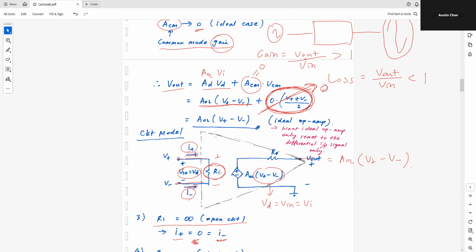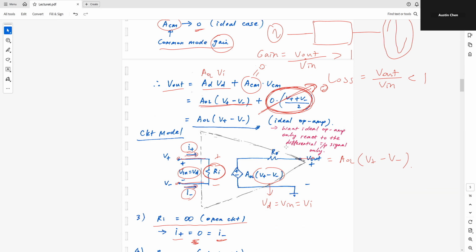Then the difference between V plus and V minus will show up across this input resistor, which is now an open. I can take this voltage, multiply by AOL for my dependent source, and move our way to the output such that V out is also equal to AOL times V plus minus V minus. But of course, in order for this to be valid,